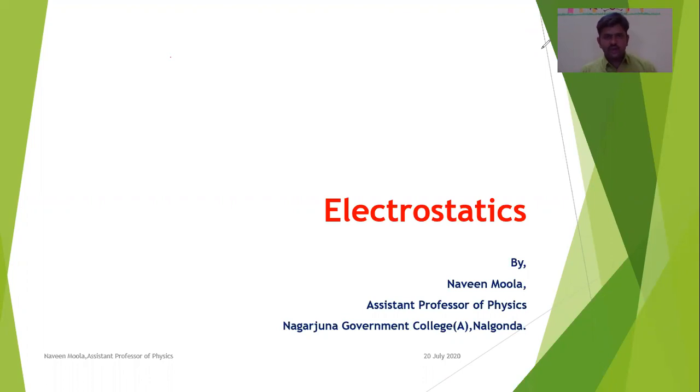In this video lecture, we are going to see the third video of electrostatics. In our previous videos, we have seen the fundamentals of electrostatics, that is charge and its properties, electric field lines and its importance, and different properties of electric field lines, then electric flux and the formula to calculate electric flux. We have seen all those things in our earlier videos. In this video lesson, we will see Gauss law and its derivation and differential form of Gauss law.